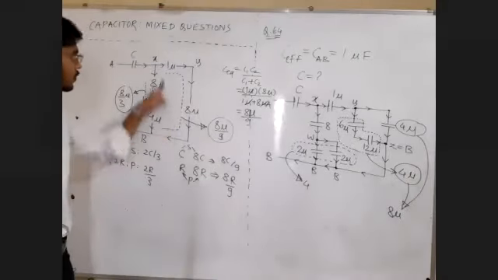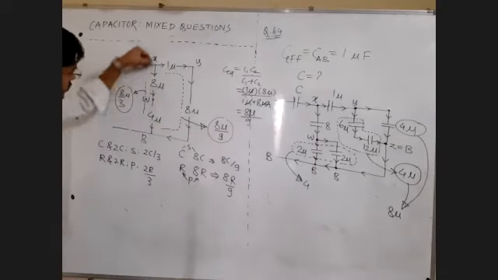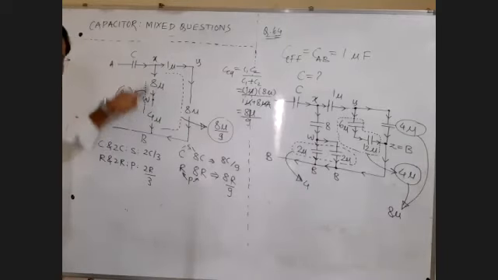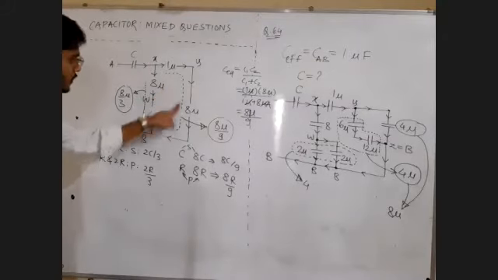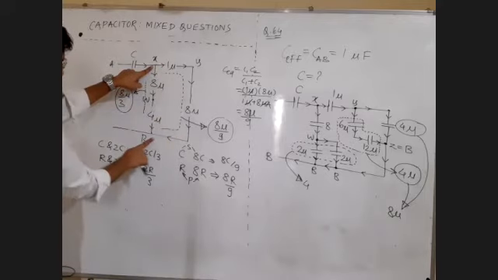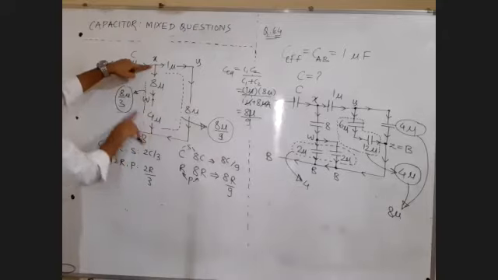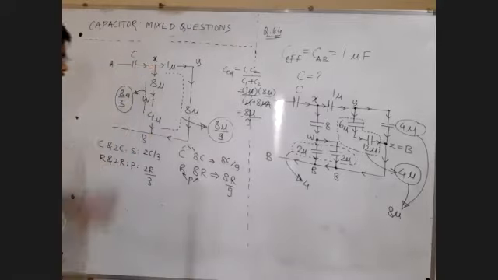Series combination of 1 and 8. Series combination of 8 and 4. This is a series combination, single branch, and capacitors in a single branch are in series. Now between points X and B, there is 8 micro upon 9. And between points X and B, again there is 8 micro upon 3.